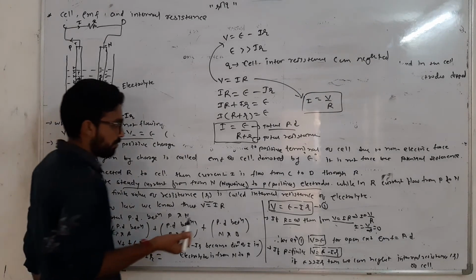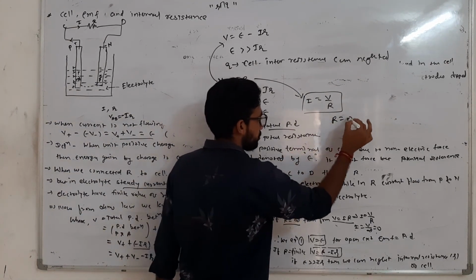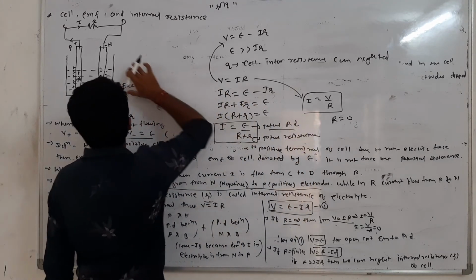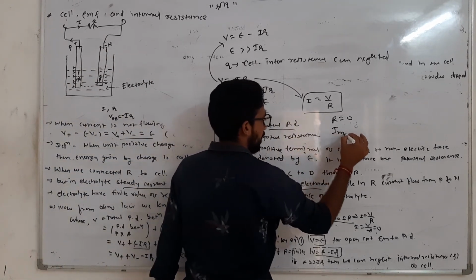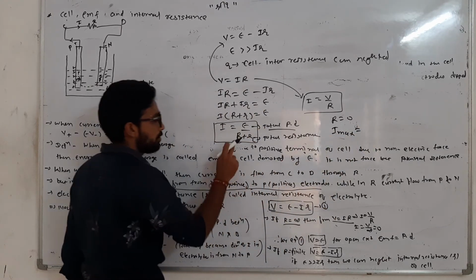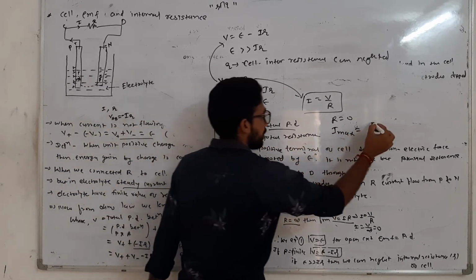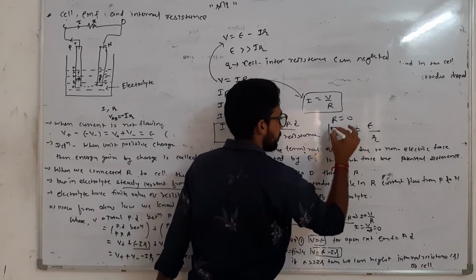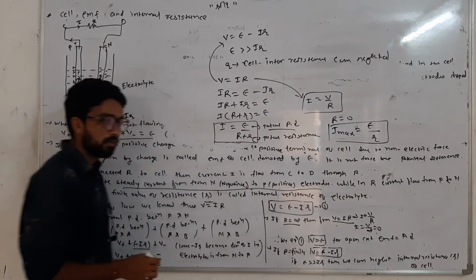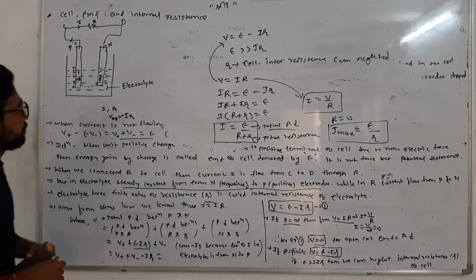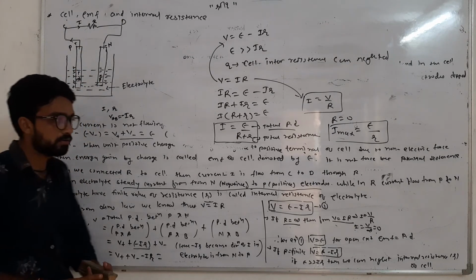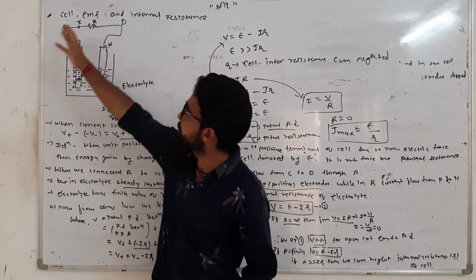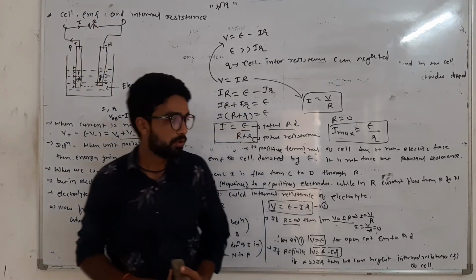Now suppose our resistance value is 0. So at that time the electric current through the cell is maximum. So that is I maximum. R becomes 0, so we get E by small r. So this is the maximum current which is passing through this cell, or which is produced by this cell. And our external circuit resistance is equal to 0.